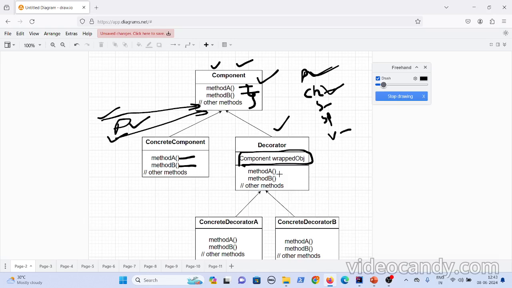So when you go to the decorator class, you should have the component on which it is adding the topping, right? Cheese burst won't be consumed directly, right? It is added on top of some pizza. So cheese burst should have the component on which I am acting as a topping. Even the spices should know on what item I am adding as a topping.